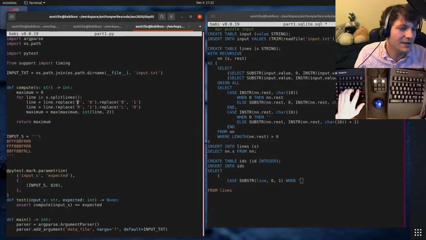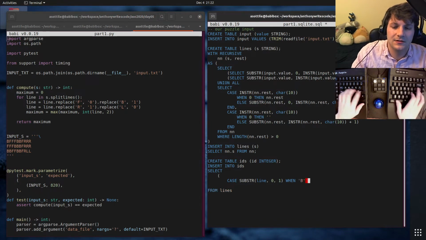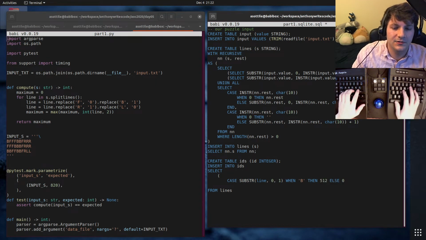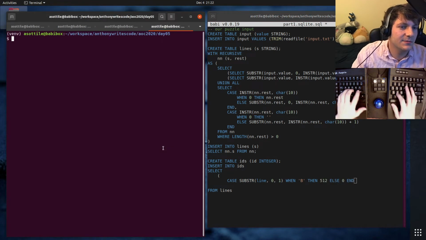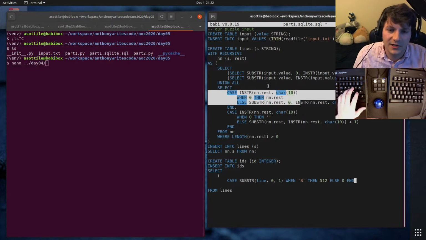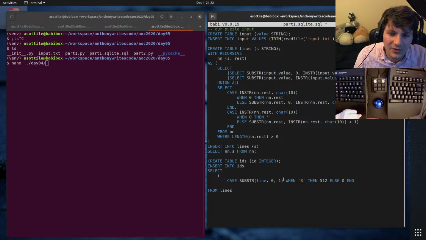When B, then 5 or 12, else 0. And is that how case statements work? Oh, we have one right here. Case thing, when thing, then thing, else thing, end. Okay.